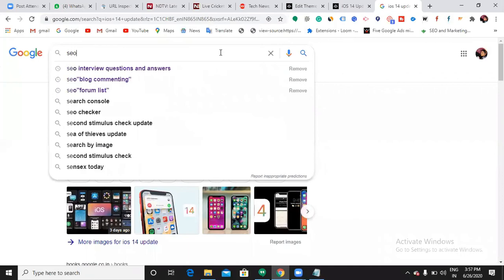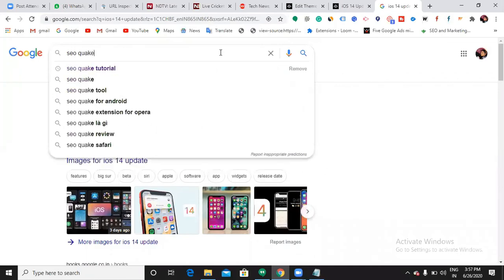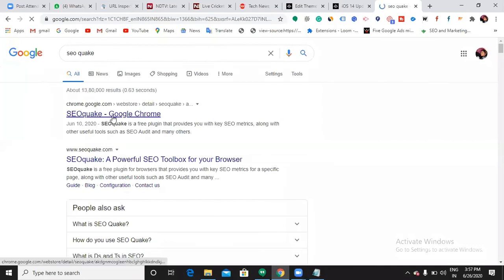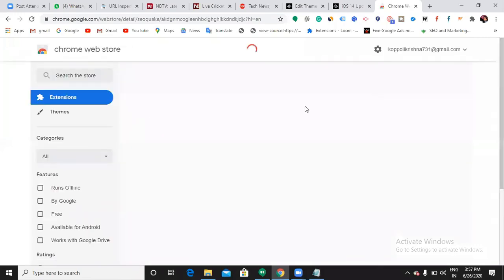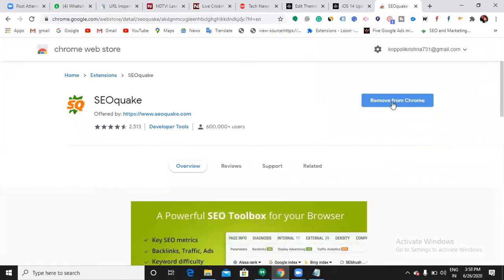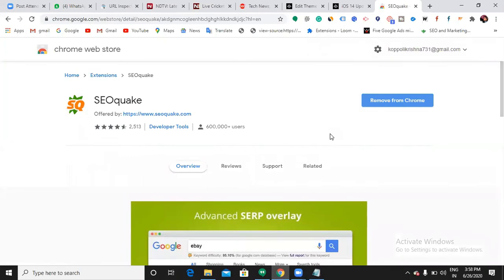SEO Quick, for Google Chrome. Can we also use this for Mozilla? Yes, you can use it for any browser.